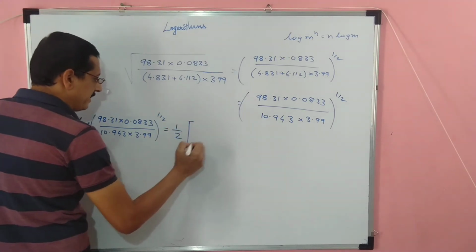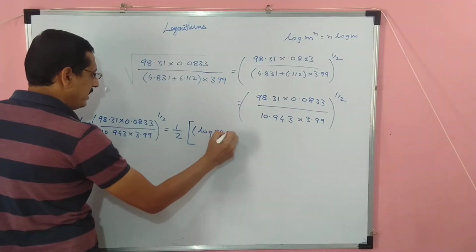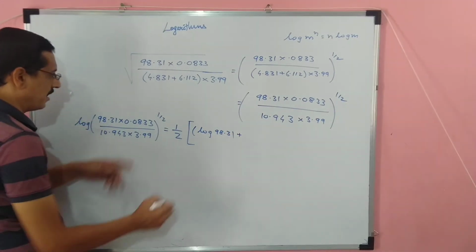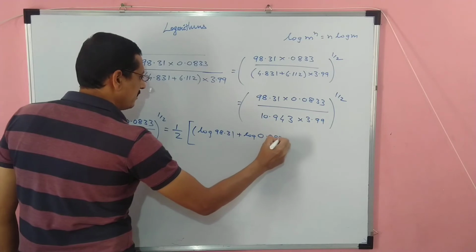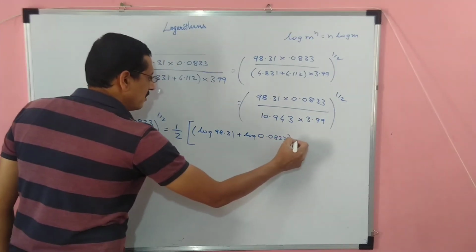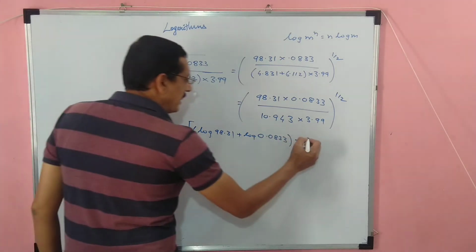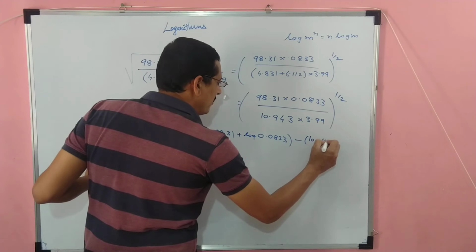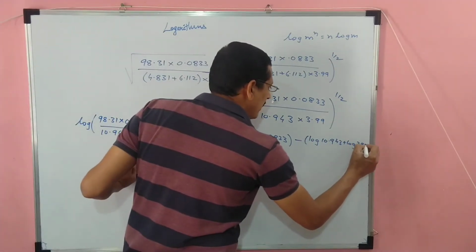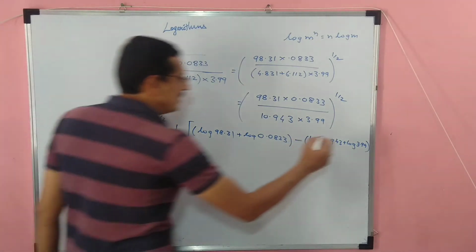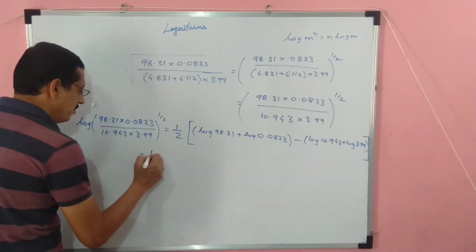नाउ इन ब्रैकेट न्यूमरेटर को लॉग अप्लाई करेंगे, देन ये आएगा लॉग ऑफ 98.31, मल्टीप्लीकेशन मतलब एडिशन हो जाएगा, लॉग ऑफ 0.0833, ये हो गया तुम्हारा न्यूमरेटर कंप्लीट. माइनस, क्यों माइनस, क्योंकि डिवाइडेड बाय है. सो डिनोमिनेटर में मल्टीप्लिकेशन ऑफ दीज टू क्वांटिटीज, दैट इज लॉग ऑफ 10.943 प्लस लॉग ऑफ 3.99. ये हो गया हमारा वैल्यू. लिख के कंप्लीट दिस ब्रैकेट, स्क्वायर ब्रैकेट भी कंप्लीट कर देते हैं, क्योंकि पूरे स्क्वायर ब्रैकेट को 1/2 है. नाउ दैट इज इक्वल टू 1/2 एज इट इज.